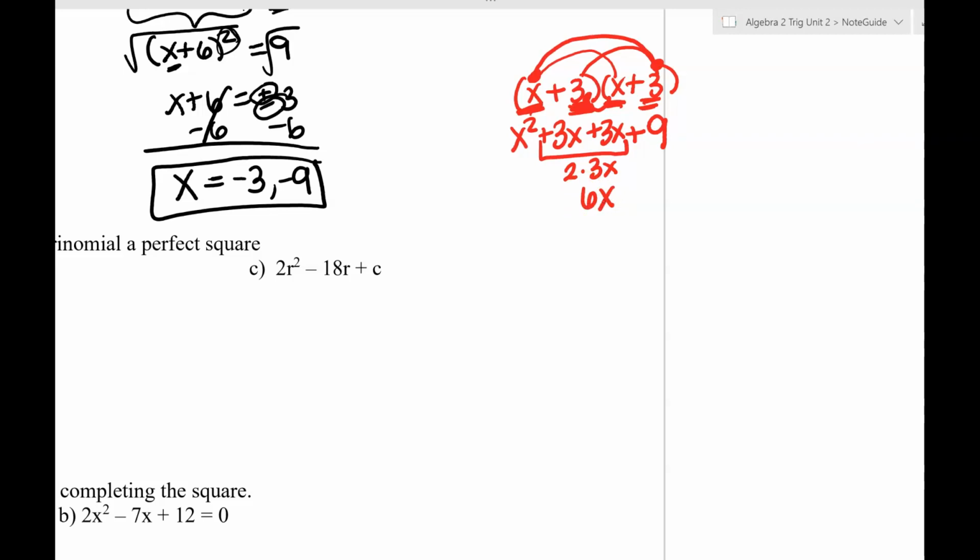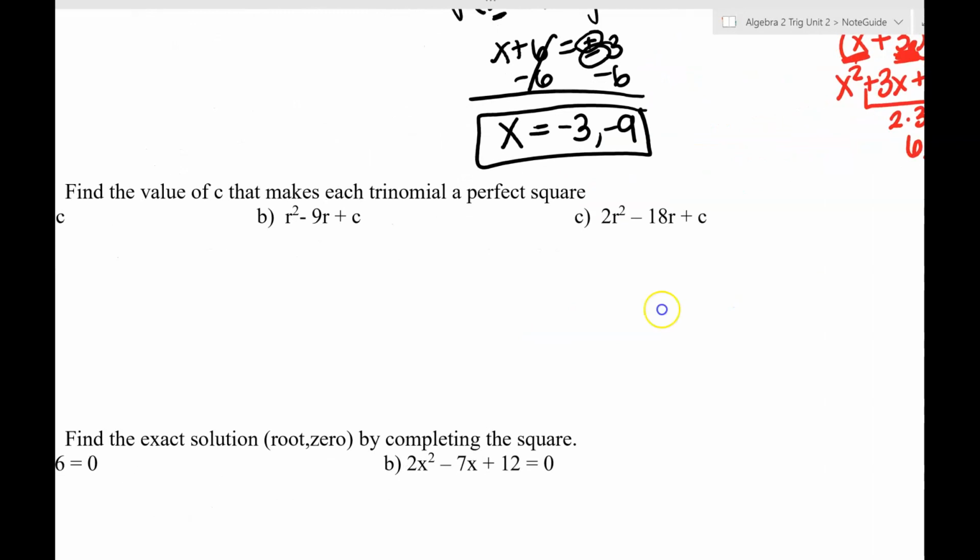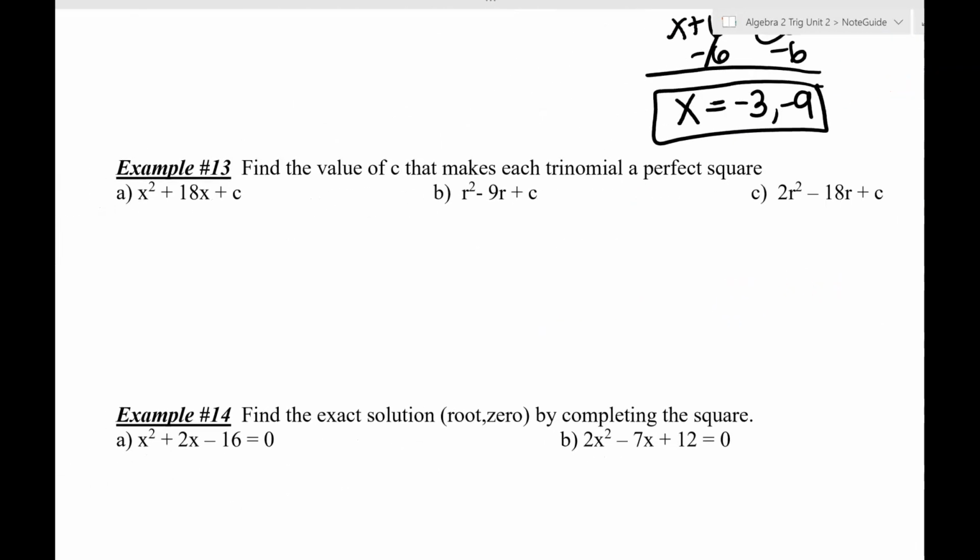So if we wanted to work backwards, like in part A, we're basically thinking about how 18 is really two 9s being added together if it's perfect squares. And if it was two 9s being added together, it must have been something that looked like this, so that you got those x squared at the beginning, and then you got a 9x here and a 9x here. So the ending term is going to be 9 times 9, which is 81. So we want to kind of